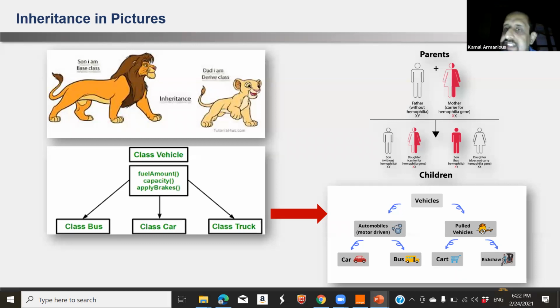Then what does this mean in terms of object-oriented? It means that Maya can use all the functions of the class. At some moments, she can also use in some way the private members of her parent class, because nothing is private between the father and the child.